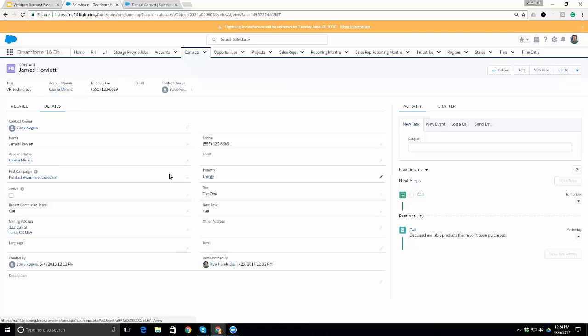We've got lookup fields on the contact, sending them to the correct industry and tier. Activity information is always valuable. What were the last tasks? When was the last task completed? What's the date of your next task that you have planned? What's the subject of the next task that you have planned? How many times have you reached out to this client within a certain number of days?